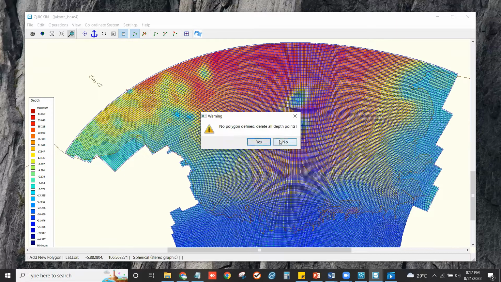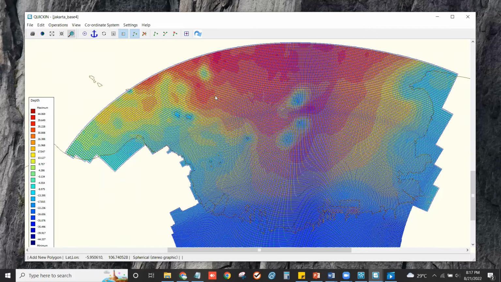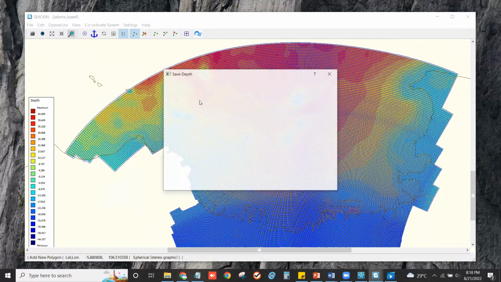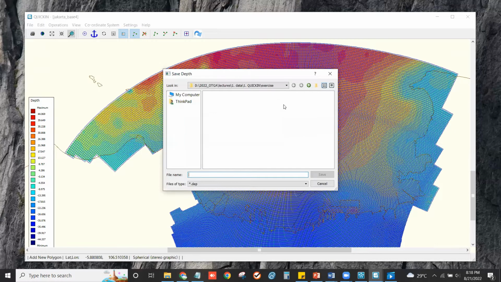If you want to save this depth, you can save it like this: file, export depth, and I can rename it grid cell averaging. Okay, save.